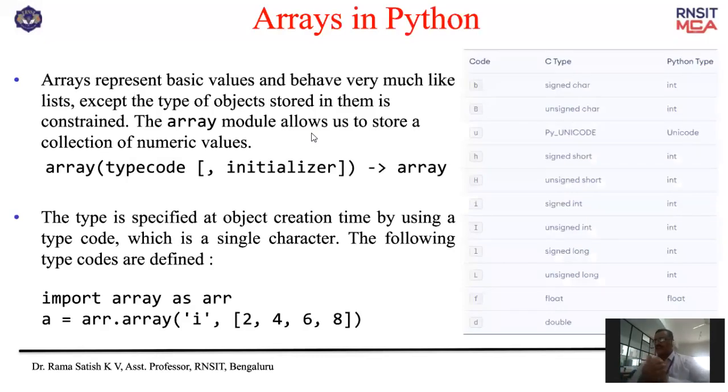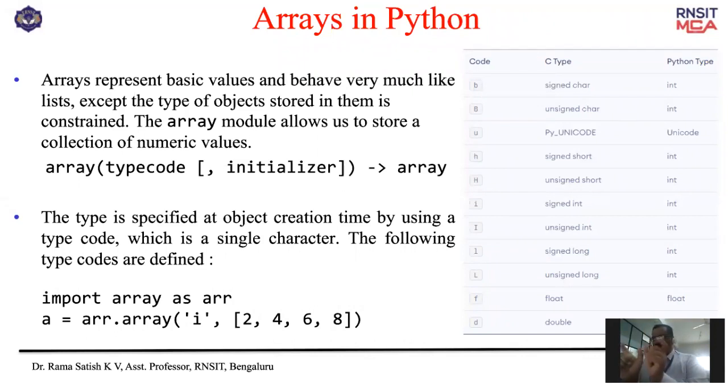Next, arrays in Python. Observe one very important thing. A list is heterogeneous, in the sense that a list will hold a different variety of data elements. Whereas an array, we know very well, is a collection of similar data elements, and it stores the array elements at index numbers one next to each other.